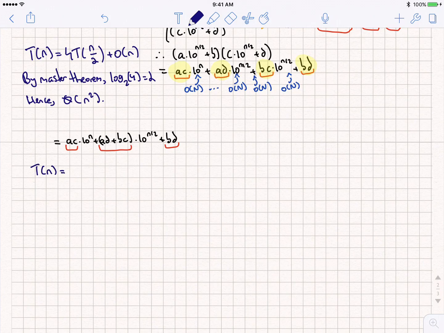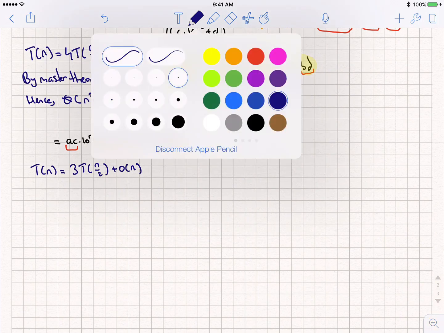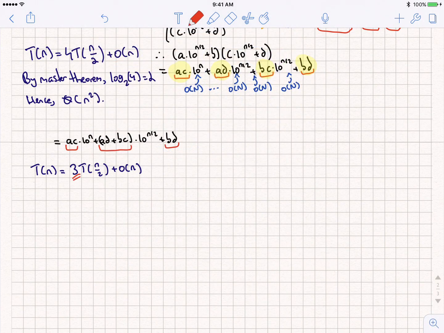T of n is equal to 3 times T of n over 2 plus O of n. Why? Because we're doing 3 calls, 3 multiplications: AC, A plus B times C plus D, and BD. And then we're doing addition over here, and our addition is just simply all these additions, and the multiplication and the shifts. So by master theorem,